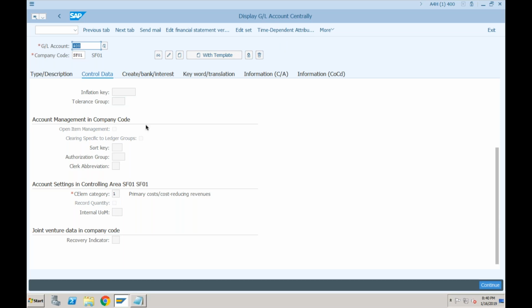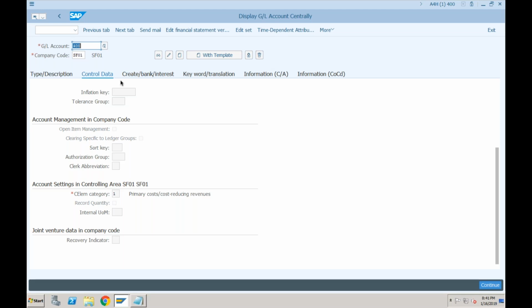So first of all, there is no validity anymore. Cost element validity is gone. There is no valid from, there is no valid to. And second, even the default account assignments are gone. If you wanted to assign that whenever I post to this GL account 400, by default this cost center or this internal order should be picked, that was maintained in edit cost element. Even that option is gone. So now we cannot tell the system that for this GL account 400 we want to default this cost center and this internal order from the create cost element or change cost element screen.